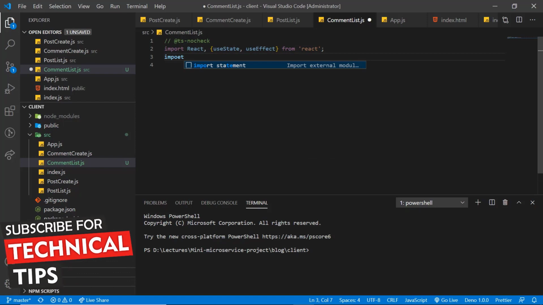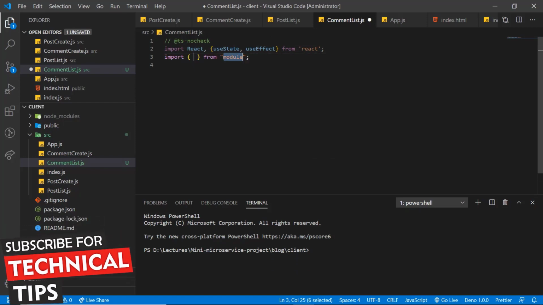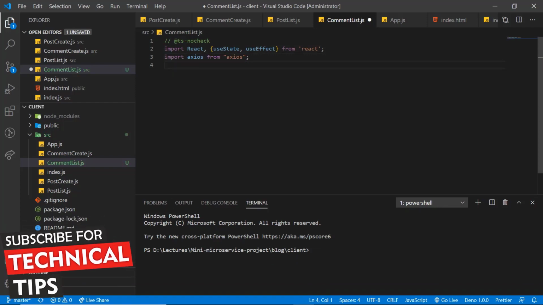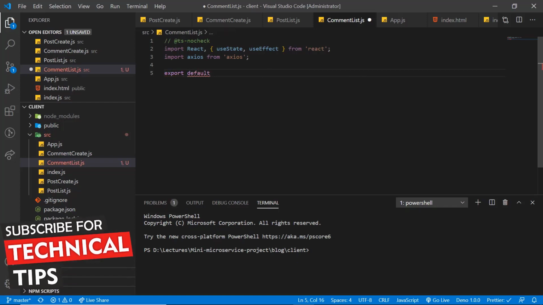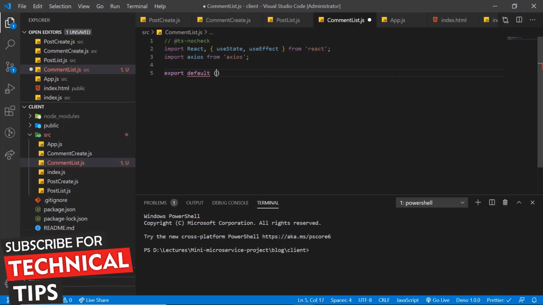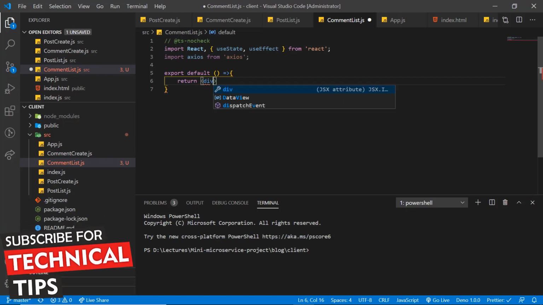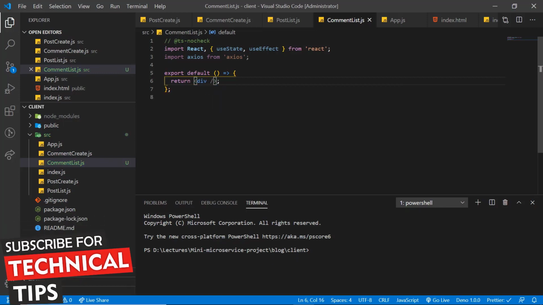Now import Axios. Save this. Now we will do an export default with an empty div. Save this.